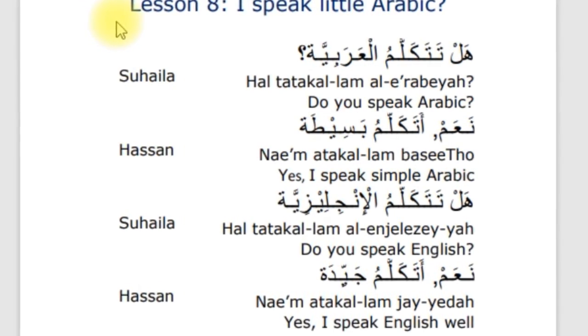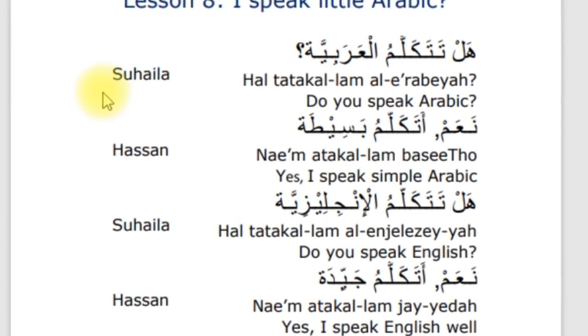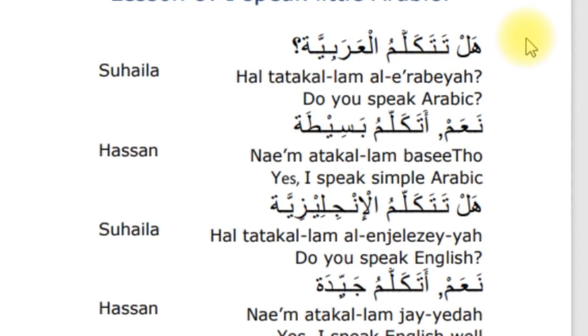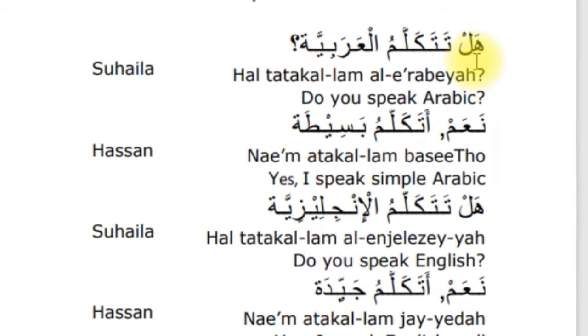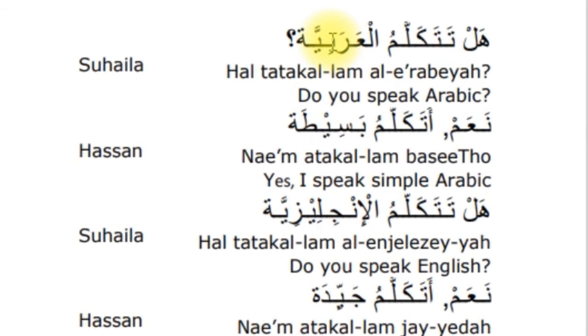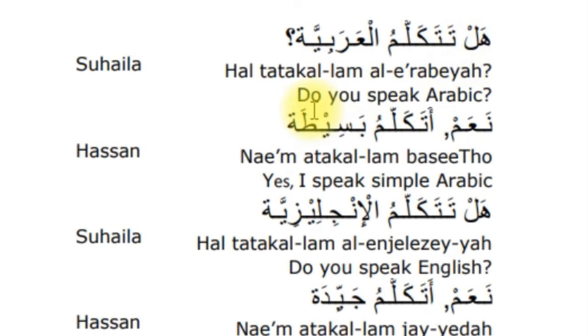سهيلة: هل تتكلم عربية؟ هل means do. تتكلم means you speak. عربية Arabic. هل تتكلم عربية؟